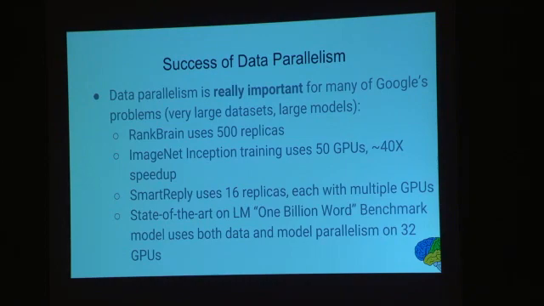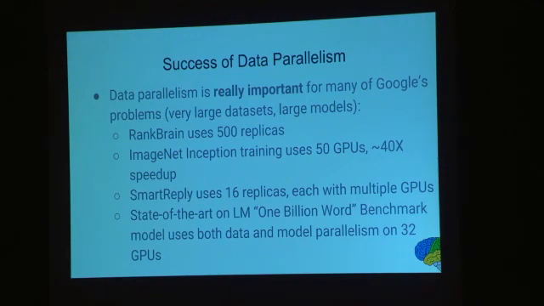So data parallelism is basically one of the key things we use to train virtually all of our models at Google. We recently launched a system in collaboration with our search ranking team that uses deep neural nets for some aspects of search ranking. And that system uses 500 different replicas to train that model. It's obviously got a lot of training data and a pretty expensive model, and using lots of replicas allows us to train this model in a reasonable amount of time and to iterate on